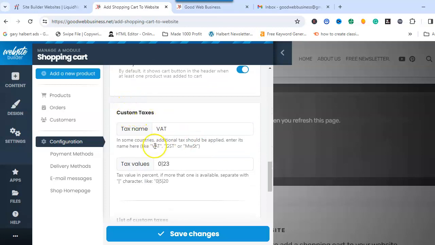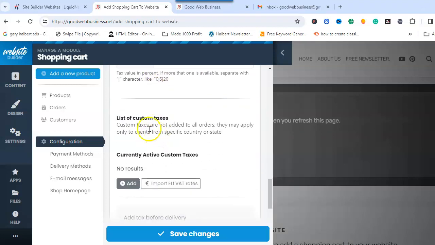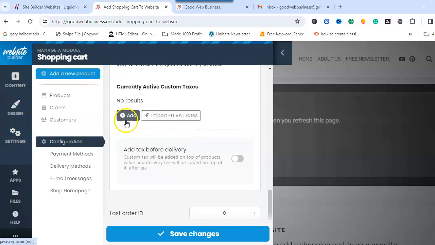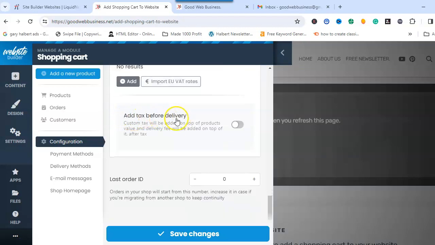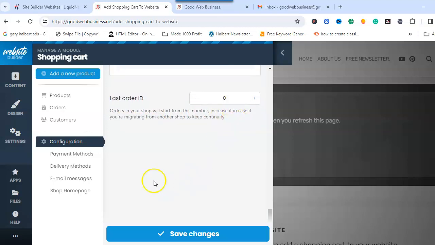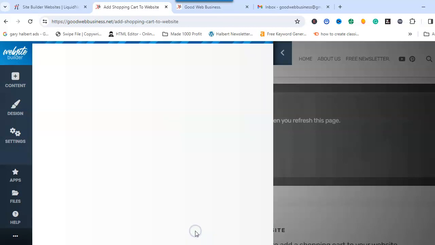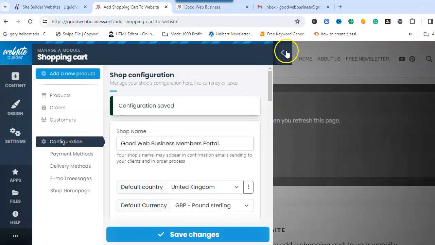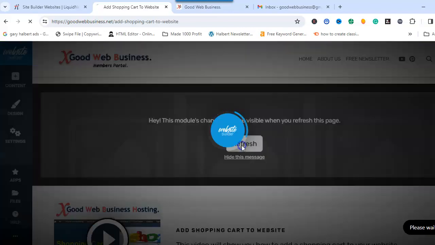you can add your custom taxes, so you can fill that in. Again, taxes, you can add here as well. You can add tax before your delivery, so you can fill that in on and off. And then your last order ID, you can change this up or down. So what you would do then is just save changes. And then when you save changes, if you click here and just refresh it,